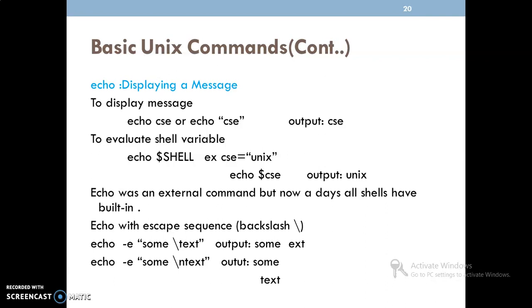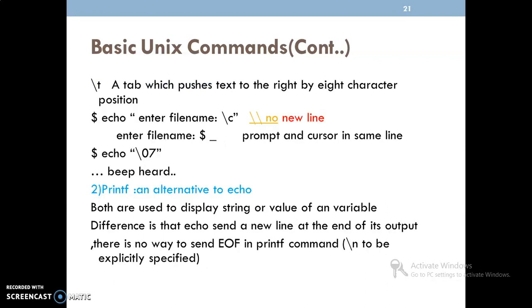The echo command can also be used with the option -e, which interprets special characters like backslash. Along with echo we can use the tab, which pushes the text to the right by 8 character positions. I think you learned that in C also.